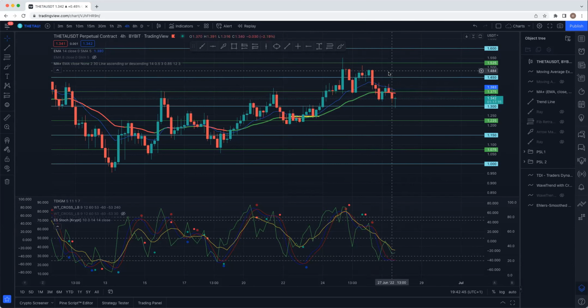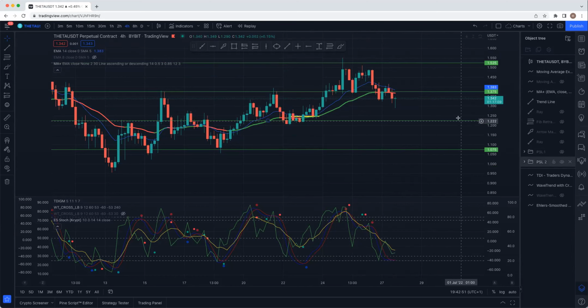So literally, what we could do with this one is that we can turn off psychological level 1, and then you can see very clearly. You get a tweezer bottom, and then it takes you up. If you don't get a 2% here, you definitely get it on this one. And then this one is an evening star. You get it here. So you just go do the psychological levels for this one, and then see how the criteria is based on the strategy that we use.